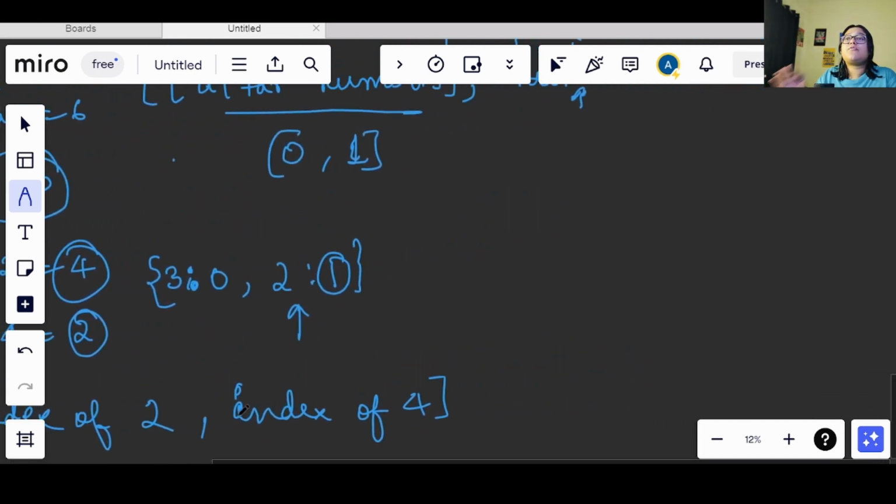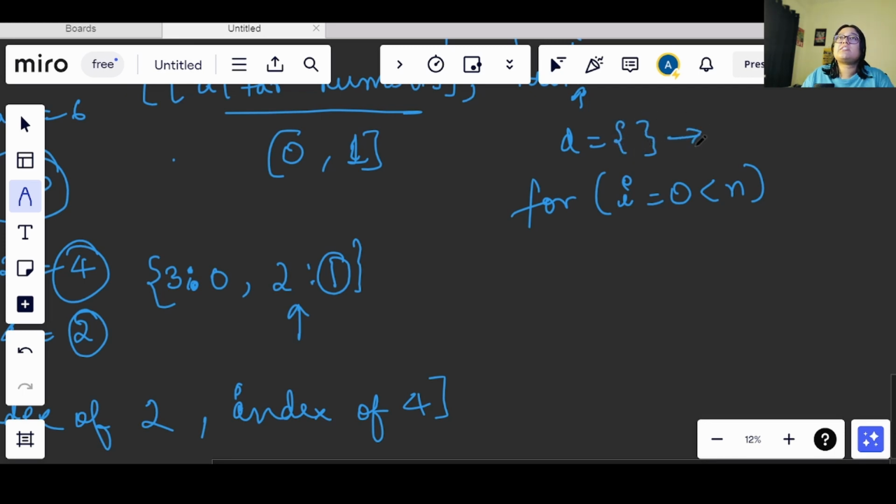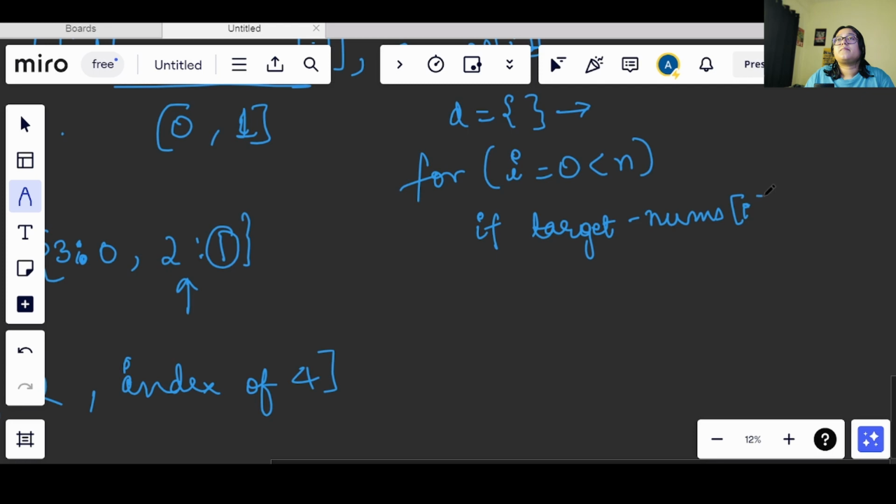So first of all, what we saw is that we were iterating only once. So let's take the array iteration loop. It will start from 0 and go till less than n, and I will also have a dictionary here. You can initialize the dictionary using curly braces. Now after this, I will check if target minus nums of I is not in the dictionary,